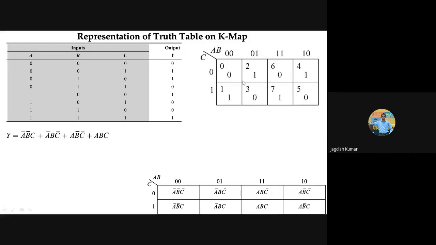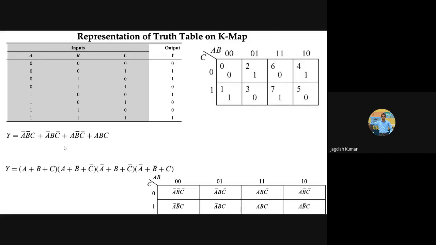So we have written 1 for A bar, B bar, C, this one. These four positions represent min terms like M0, M1, M2, M3. I hope you are familiar with this. So the K-map for this will have a 1 sitting for this one. There is another term here, which is A bar, B, C. Then there is another term A, B bar, C bar, which is sitting here. And then there is another term ABC. So that's it.